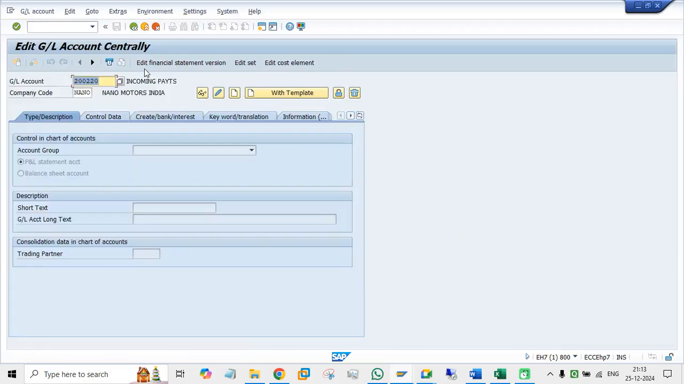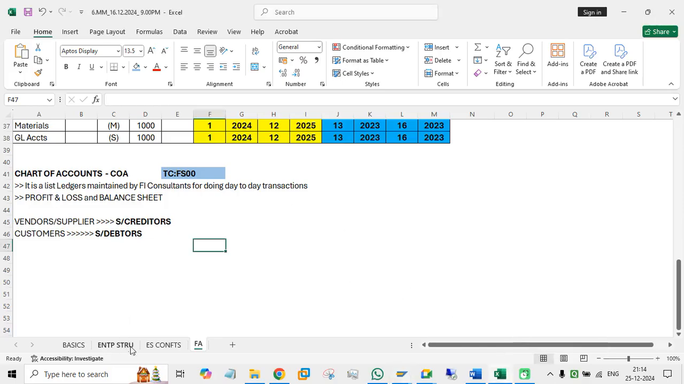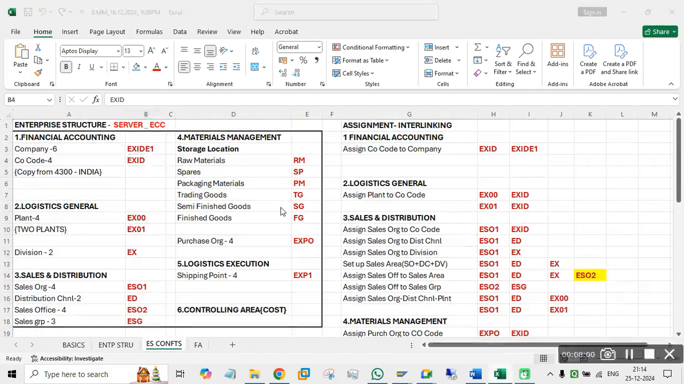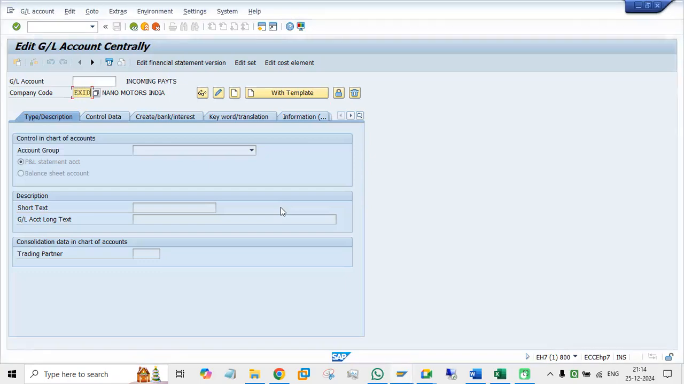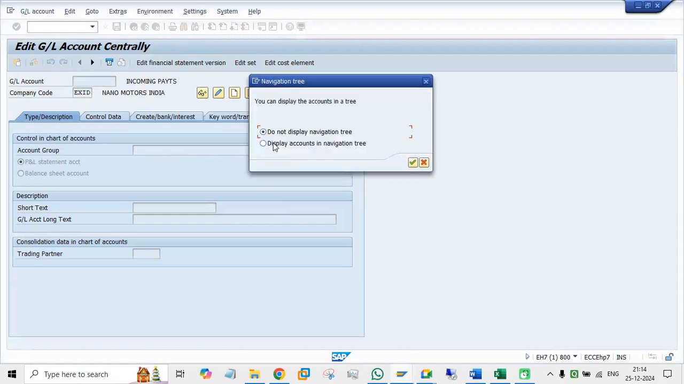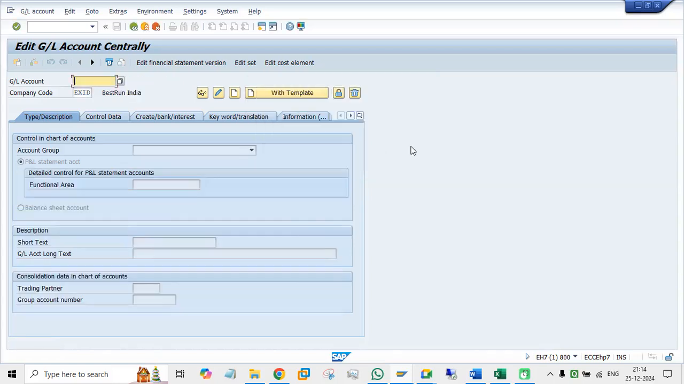FS00 again, enter, remove the GL number, enter your company code. Like what is my company code? I forgot. EXID. Now again go to settings here, hierarchy display, again display accounts in navigation tree, enter, again come back and